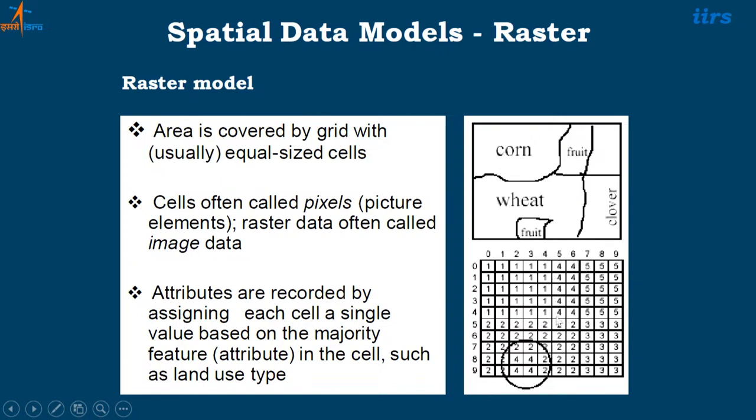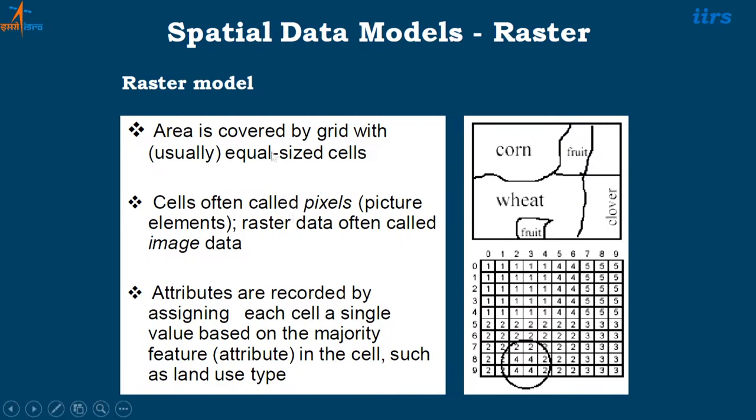Similarly here we have all the numbers called 4. This 4 is representing the fruit. Now if you see here fruit, here also we have the fruit, so this number 4 will be repeated over here also. It is represented by the same number called 4. So this wheat is represented by the number 2. So each and every pixel has one representation value that represents the entity or the object which is on the ground. For corn, I am using the representative number as 1. So these numbers are basically called a digital number, DN value we can also call it, or the pixel value.